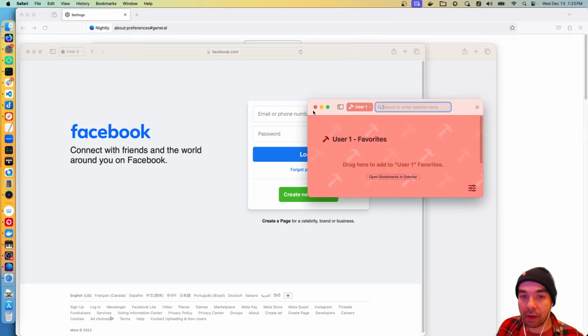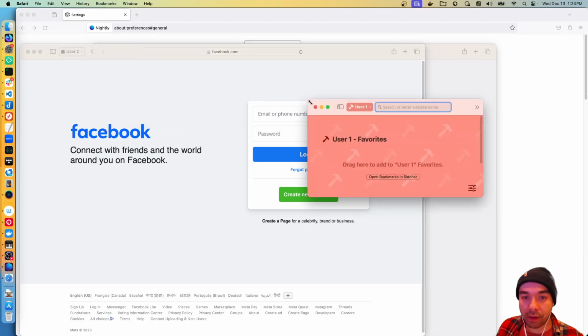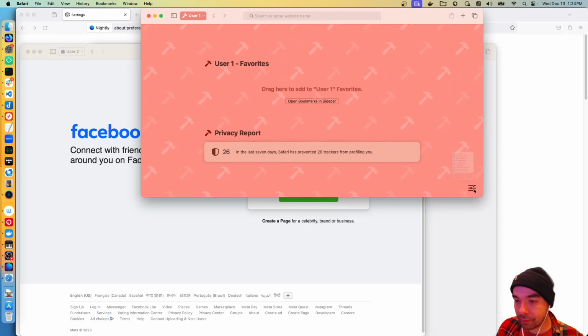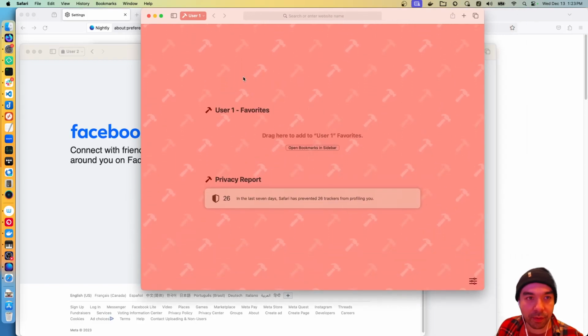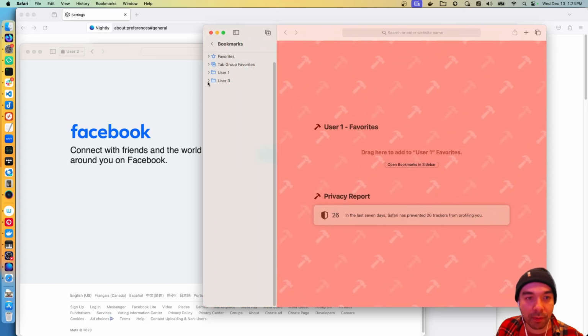If I move it here, new window, user 1. Okay, good stuff. Oh, and I can customize that. That's fun. There's a privacy report. That's fun. Okay, good job, Safari. So we've got these different user profiles. We've got different bookmarks created. User 1. Oh, I can't